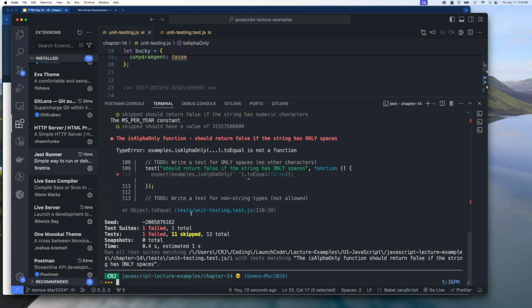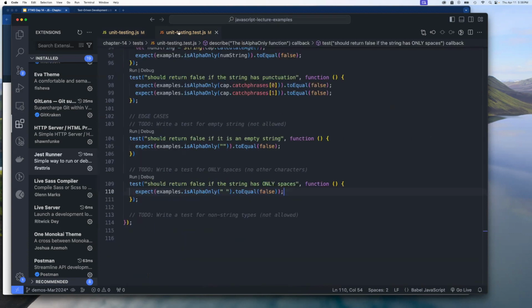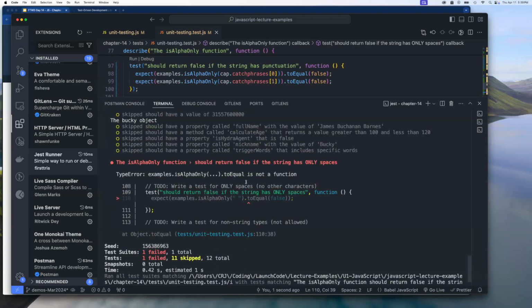It's still failing. Oh, yes. Okay, so this is an issue where it's a type error, and it's not even recognizing the matcher. This is when you have a typo in your test. The test was actually a problem to begin with. So if we come back to the test, we can see here, yes, my closing parentheses should have been right here. That's an easy mistake to make when you have additional parentheses because you're calling a function. But you want the expect parentheses to end before you put the matcher on. So now when we run it,